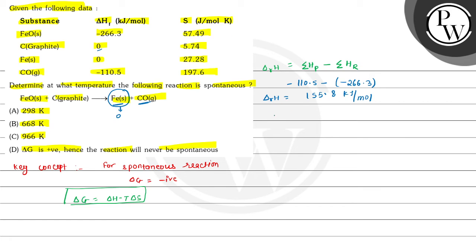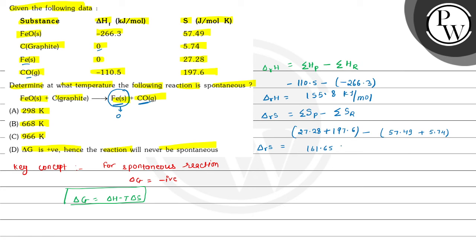Now same as we can calculate entropy. So that del S, that means entropy of reaction, is equal to the summation of entropy of product minus the summation of entropy of reactant. So at product side the values for iron and carbon monoxide is 27.28 and 197.6. So we can write 27.28 plus 197.6 minus, and at reactant side here iron oxide and carbon graphite is present, so we can write 57.49 plus 5.74. So from here we can calculate entropy of reaction. This comes out to be